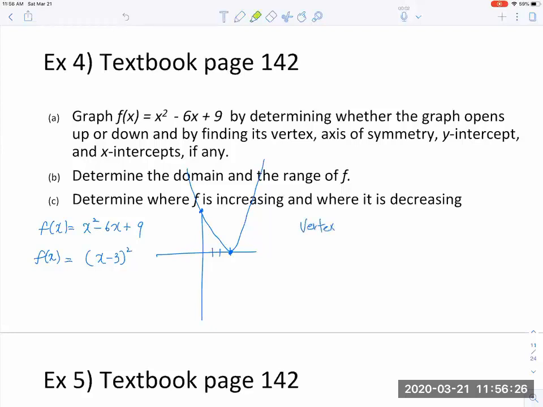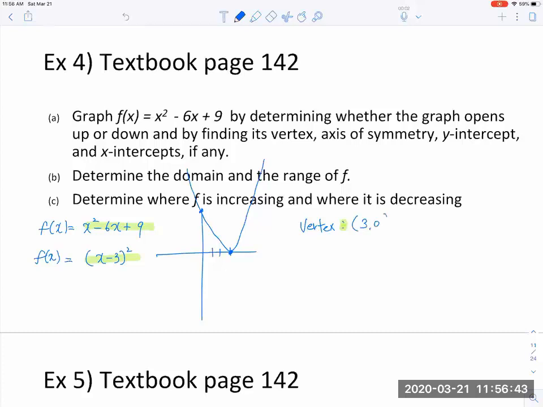I just factor from here to here, because half of 6 is 3. 3 to the second power is 9. This is already completing the square. So you can factor it as (x minus 3) times (x minus 3). So the vertex is going to be